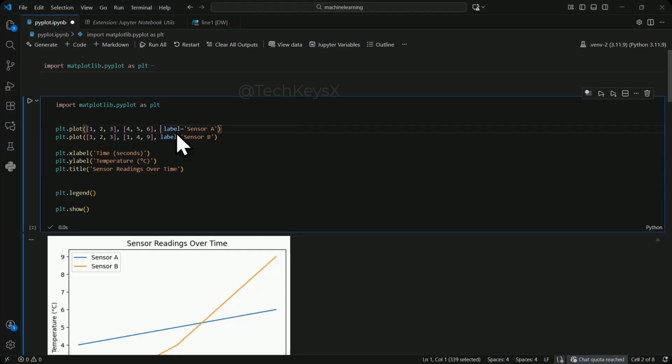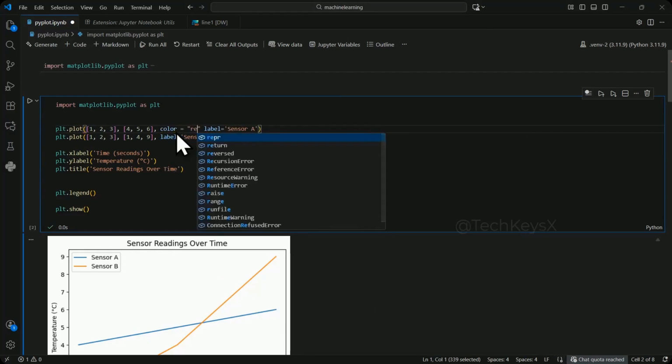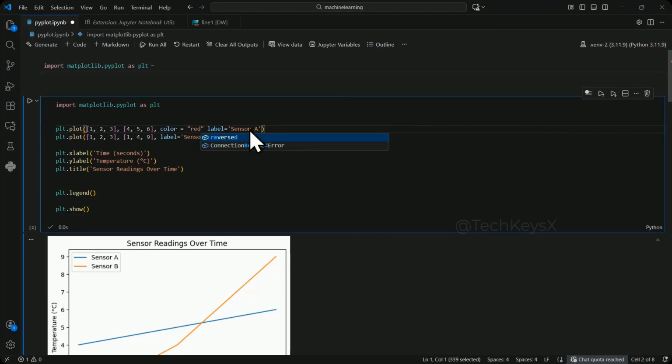So what you can do here is type the word color in and then type in which color that you want. So for example, I want that first line for sensor A to be red. At the minute, you can see that the red doesn't apply, so it was blue. So what we want to do is change this blue line into a red line. By just simply including the color argument here and assigning the value red to it, it will change the